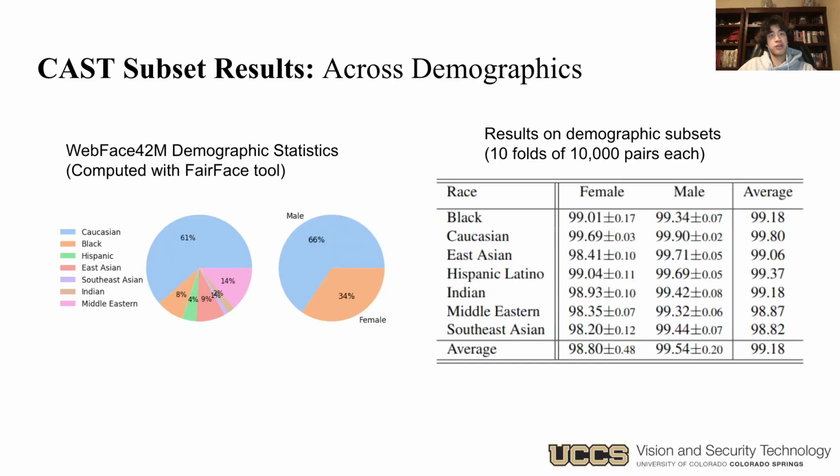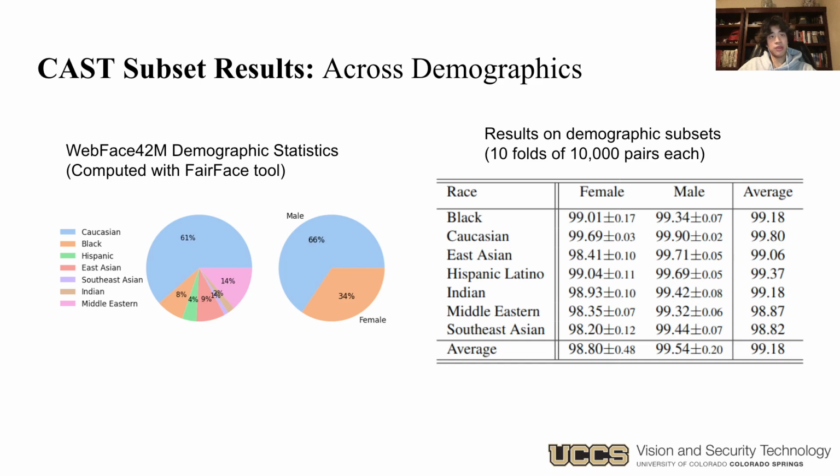Now we also filtered across demographics. So on the left we have the distribution of demographics computed with the FairFace tool. And on the right, we have our results when running across these different demographic sets. So on average, we have about